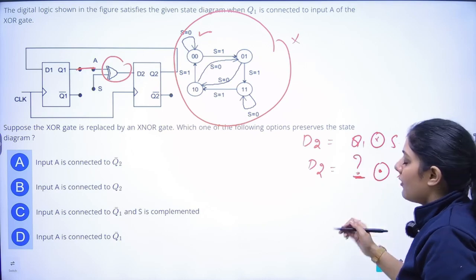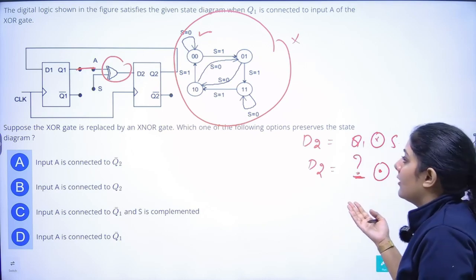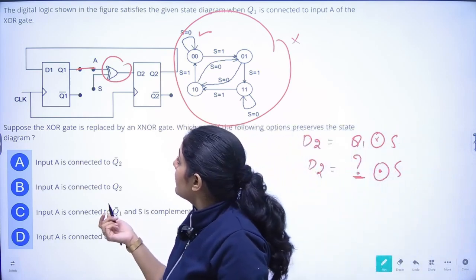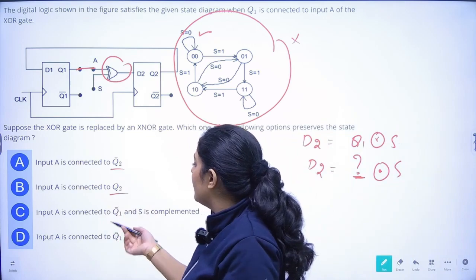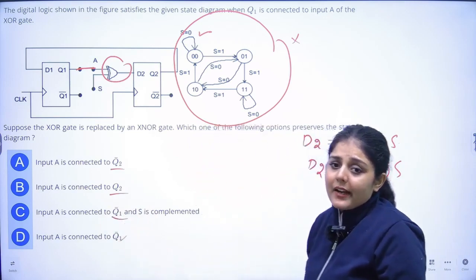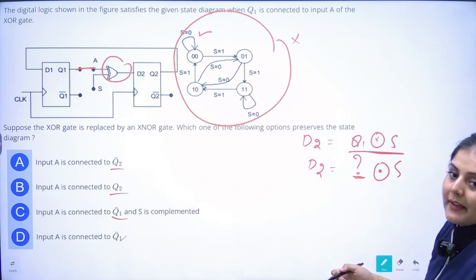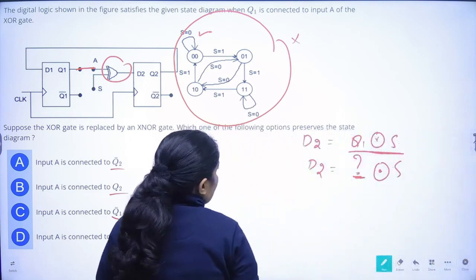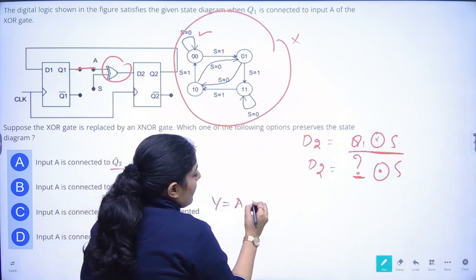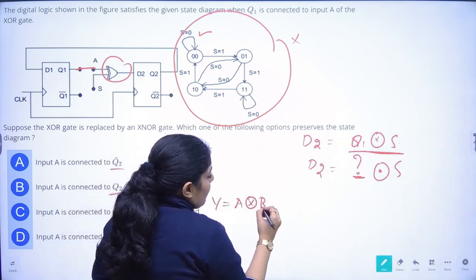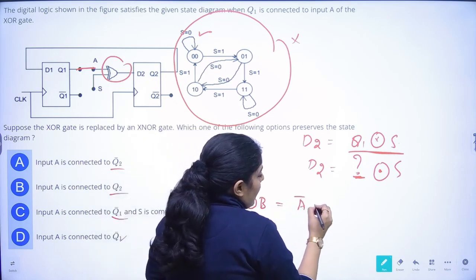We have to find out what changes will occur and which value we have to connect with A, that is Q2 bar, Q2 or whatever. Now if I am converting XOR to XNOR, there is a very important property. If I have to convert XOR to XNOR, what can I do? I can either put A bar